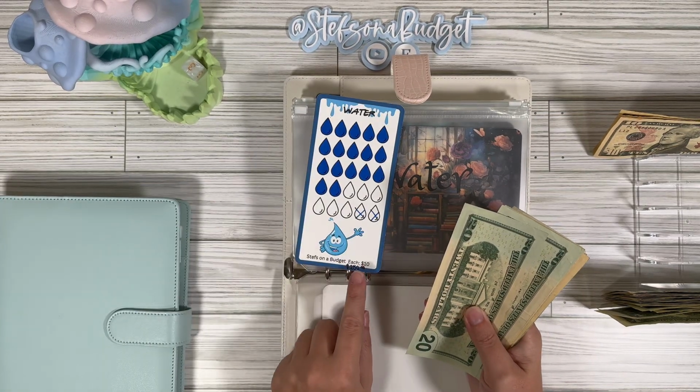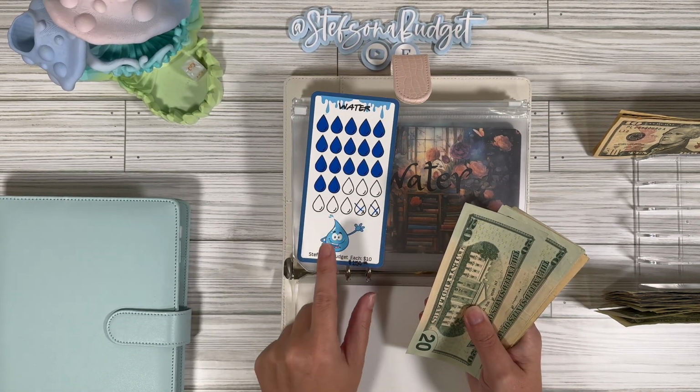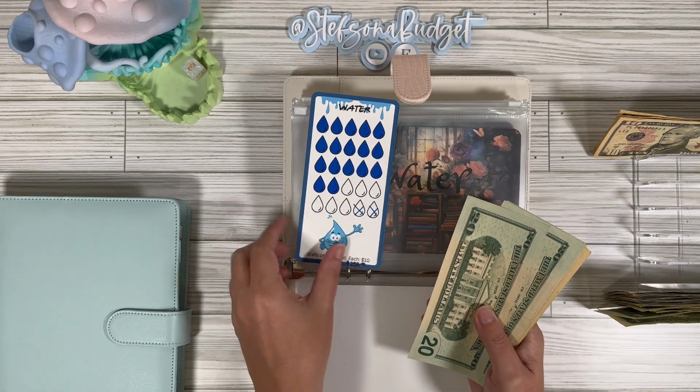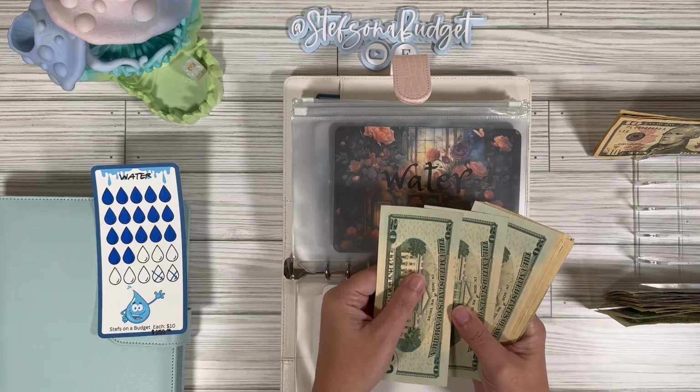Our goal, my tracker is $2.50, but I crossed off the last $10 because usually it's no higher than $2.30. So $2.30 is our goal for here. So we've got 20,